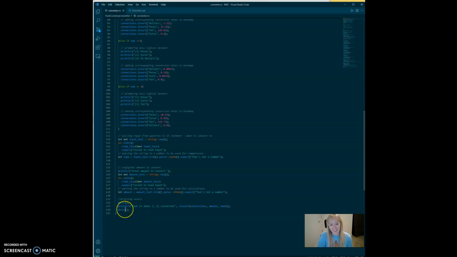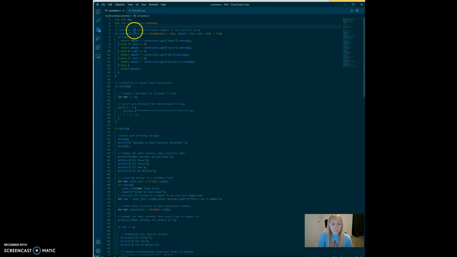And you're going to be like, wait, what? We didn't actually call the conversion. Just kidding. It's in the print statement. So we call convert right here, and that comes up to our very first function on the page. And this was the one that took me the longest to figure out, because